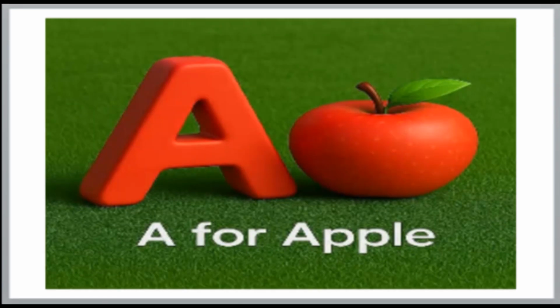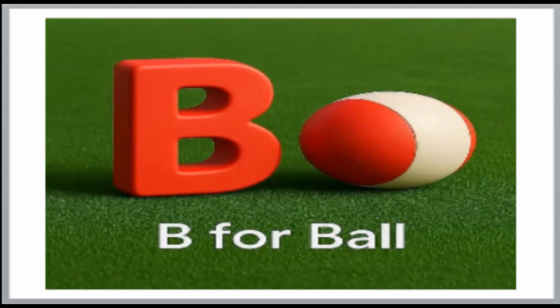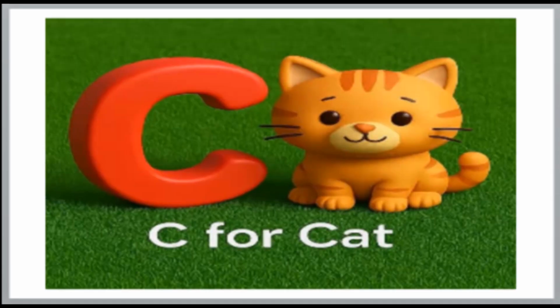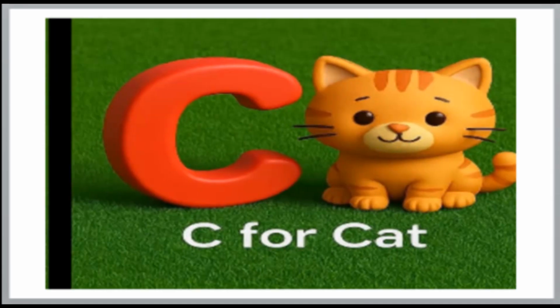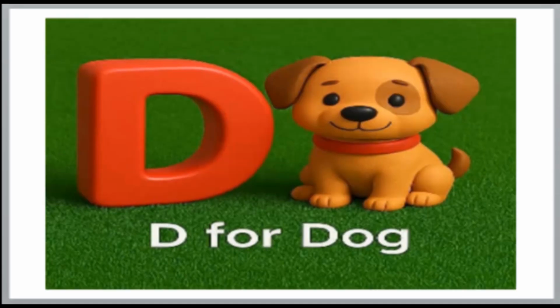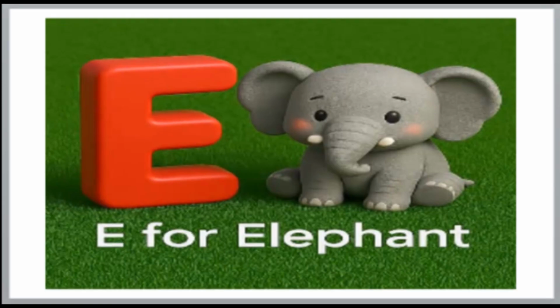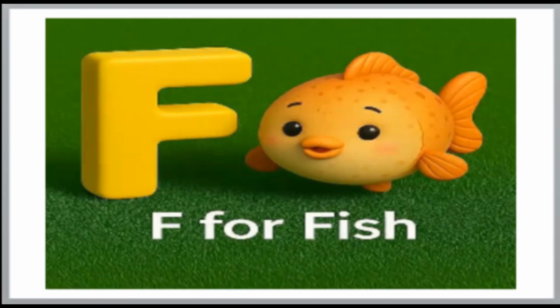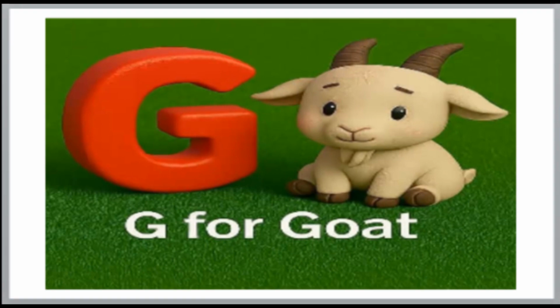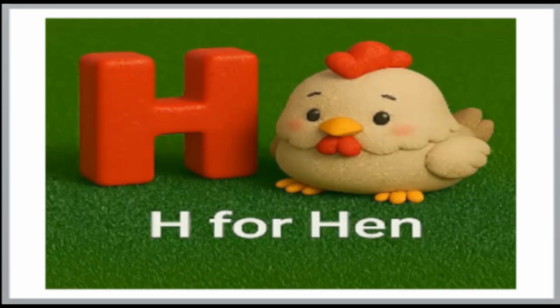এখন প্রত্যেকটা লেটারের সাথে একটা করে শব্দ তৈরি করা শিখি আমরা। A for apple, B for ball, C for cat, D for dog, E for elephant, F for fish, G for God, H for hen,